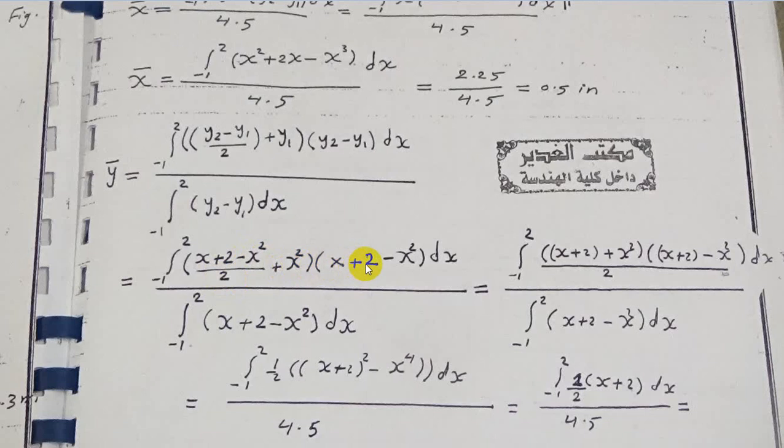By the x plus 2, it's going to be like a stand for the y1 of the area, minus x squared. It's going to be like the y2 of the area as well, by the dx, all integrated with respect to dx. After finding, or after